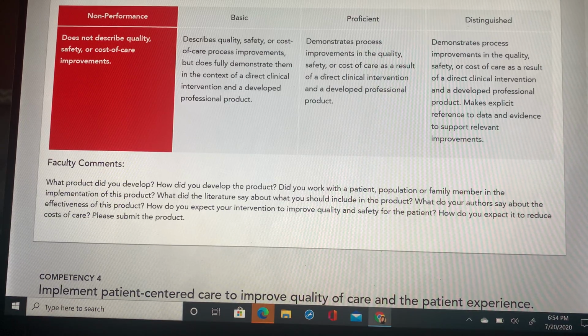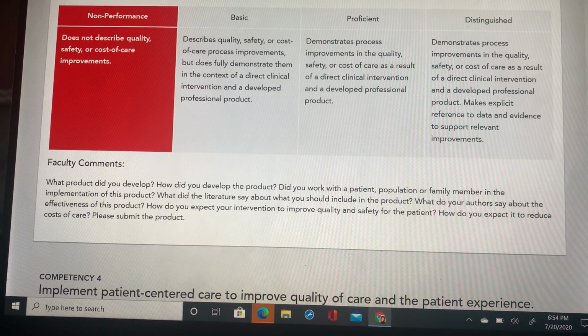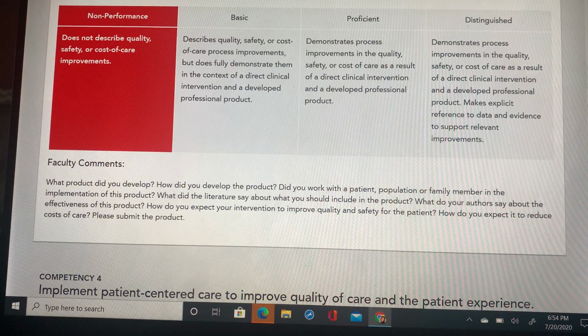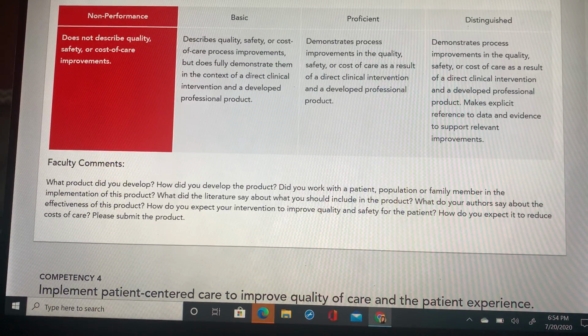What did the literature say about what you should include in the product? What did your author say about the effectiveness of this product? How do you expect your intervention to improve quality and safety for patients? How do you expect it to reduce cost of care? Please submit the product. So I did that over, and I understood that she was basically I tried what I told you guys before. It's